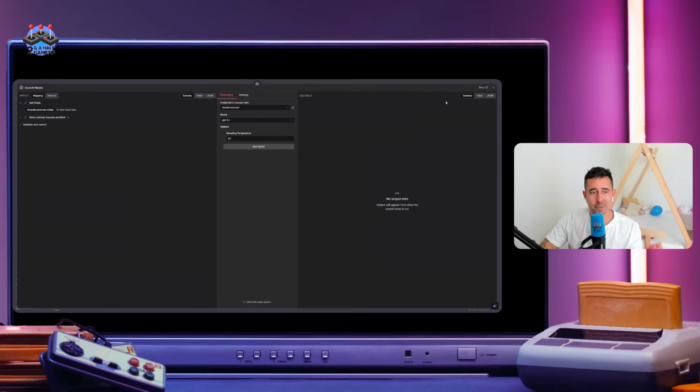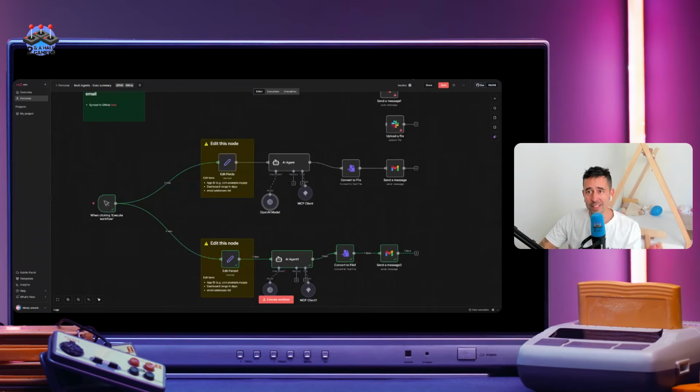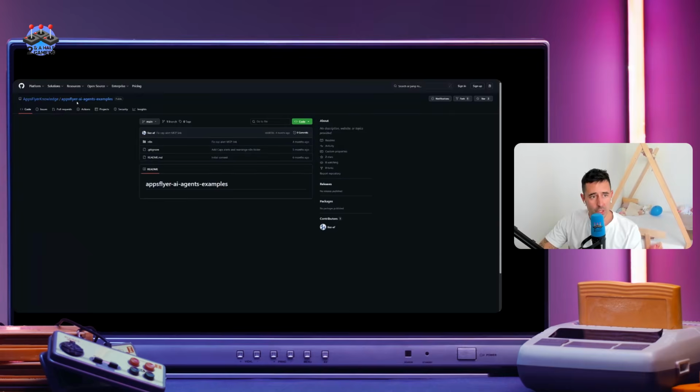But I skipped one important step. And that one important step is that if you don't know what you want to build, AppsFlyer has this knowledge GitHub, which is here. So if you want to actually get the template because you don't know what you were going to do, you go here. I'm going to share all of these different links in the show notes,